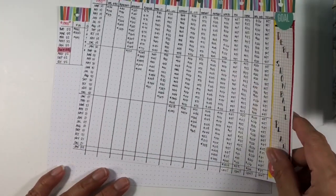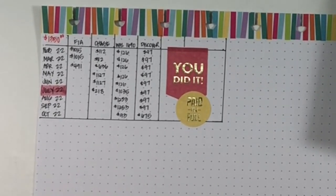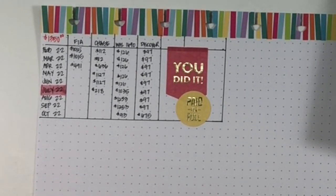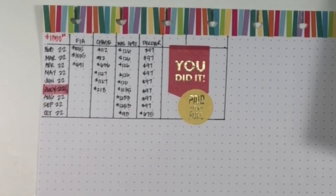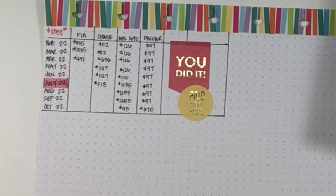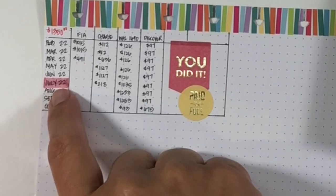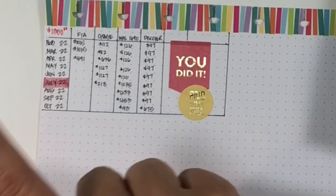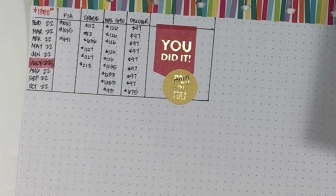The other thing I wanted to point out is July 2022. In July 2022, I will be turning 50. And so even though this says October 2022, I would really like to celebrate my 50th birthday with all of this debt out of the way. And I don't know why I'm tearing up, but I am. So yeah, that's why that's highlighted, because that gives me 3+ years to really focus on these numbers and do